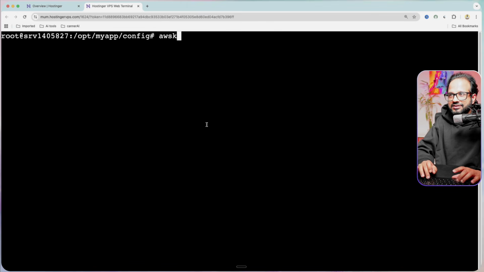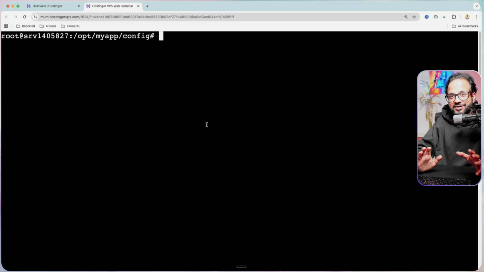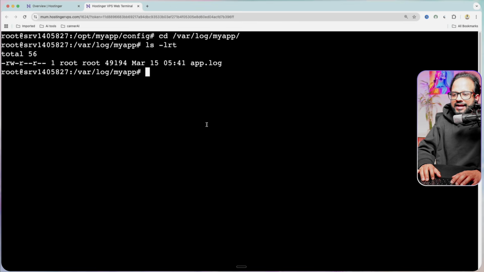Okay, so this is the awk command. It has so many parameters, and you will get better at it once you start using it, but I'll just explain it with a simple example. So let's say you go inside the same directory, /var/log/myapp. Inside that, I do cat